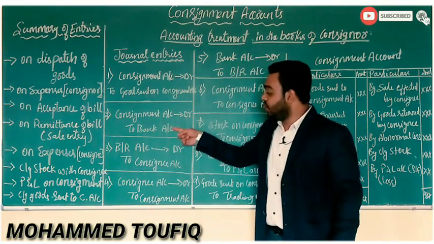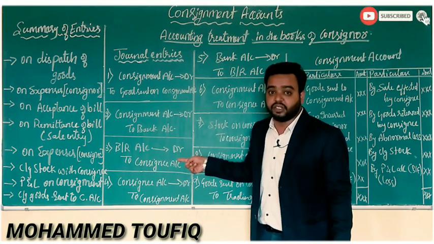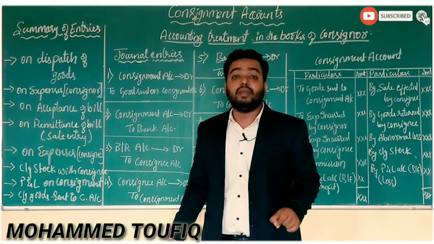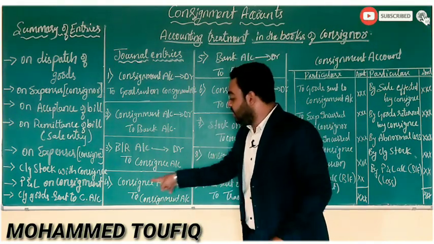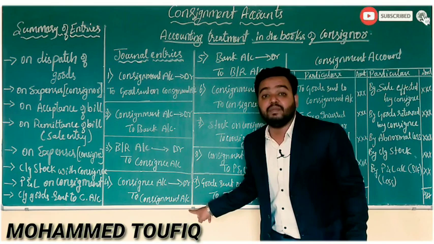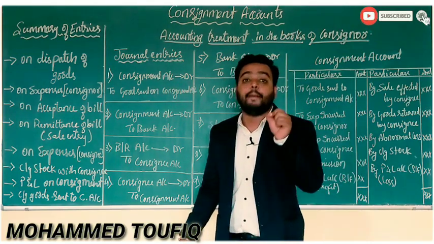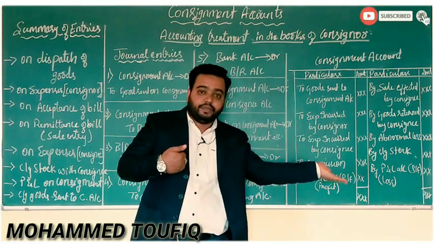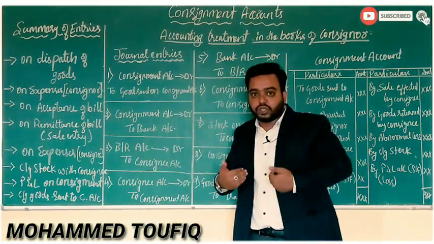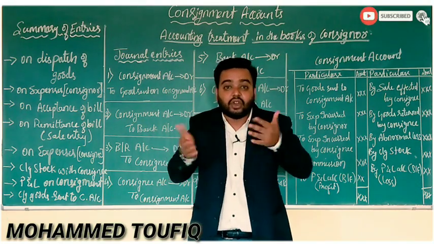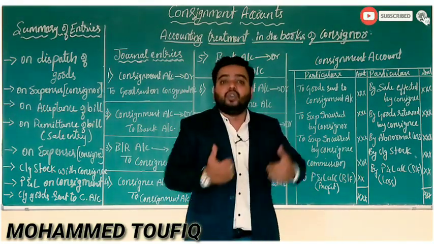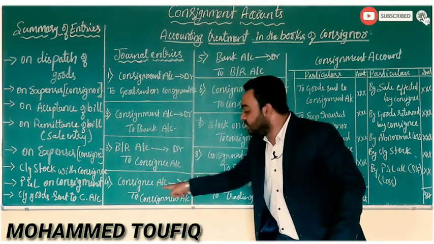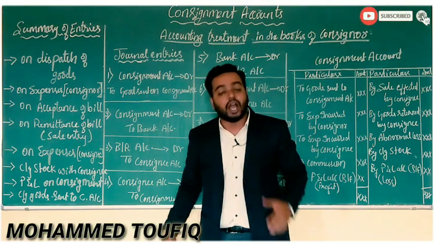You got to know the bills acceptance entry, the remittance entry, and the sale made by the consignee. For the sale made by the consignee, the entry is consignee account debit to consignment account. Consignor has sent goods to the consignee. Consignee will receive the goods. After receiving the goods, consignee will not keep the goods with him. He will sell the goods. For selling, you have to prepare a general entry. That general entry is consignee account debit to consignment account.